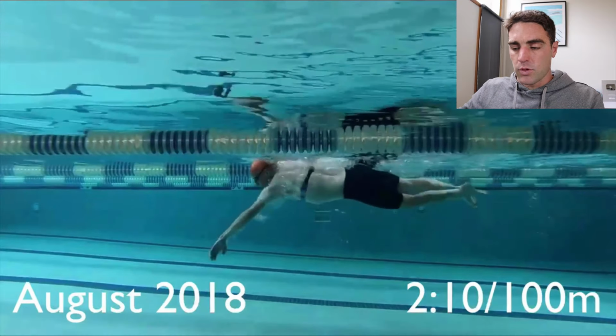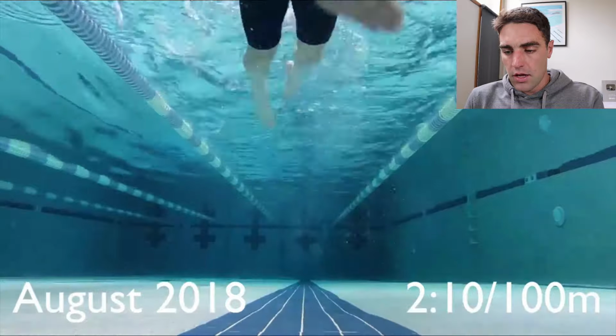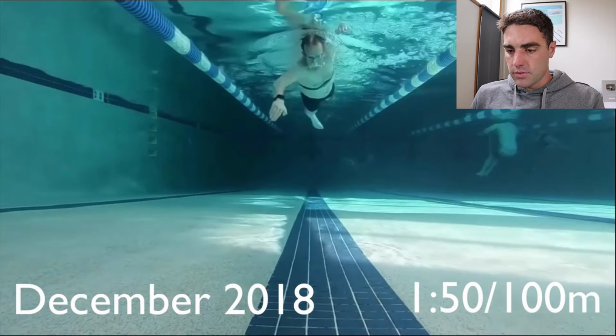It was just like the arms were entering, going down and then pulling through. And it just wasn't connecting up with the rotation of the hips or anything. And you can see here, there's very little propulsion happening. But now, because of that extra reach and better posture and head position, he was able to connect everything up